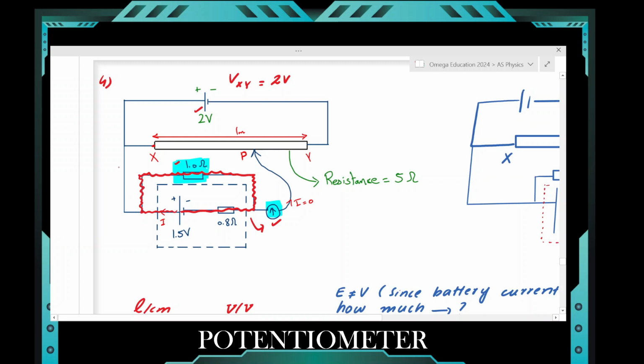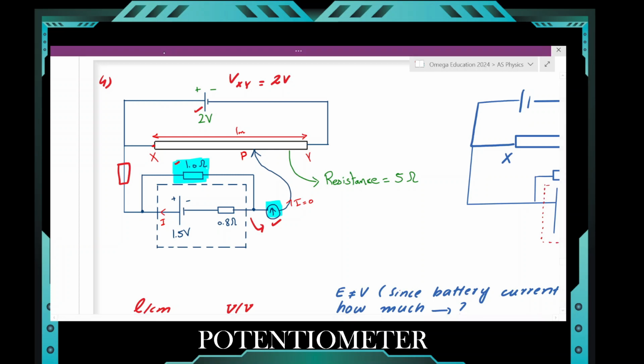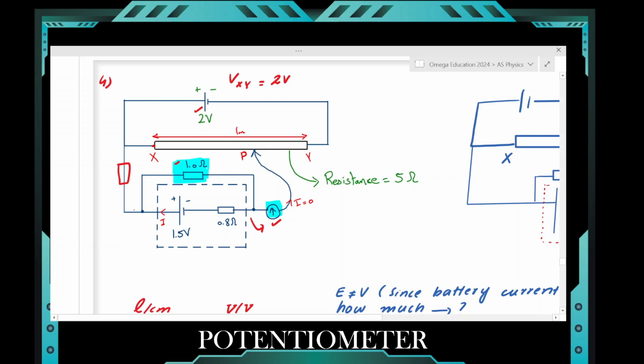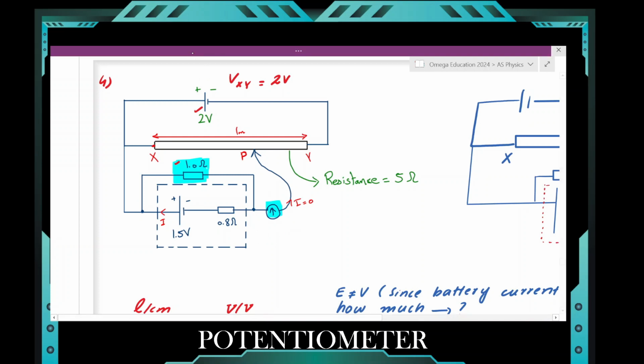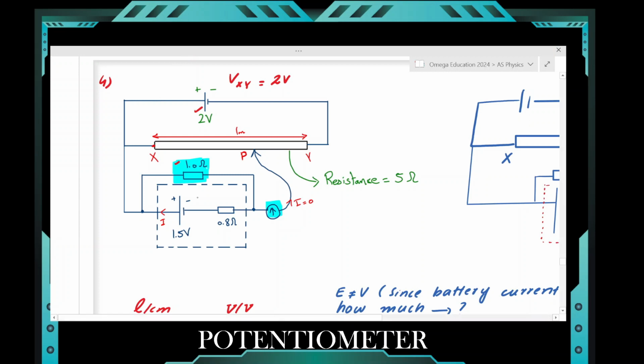The resistor that was here, in that case no current was flowing, because if you were trying to trace the path for the current, so let's say you started the current from this side, then you go over here, then you have to go to the negative of the battery one way or the other. So current goes through here, but then it has to pass through the galvanometer. But since the galvanometer is reading no current, we have to say no current should be flowing through there. So we cut off this one, we cut off this one, and we cut off this one. So in this case, since current is flowing through this one,